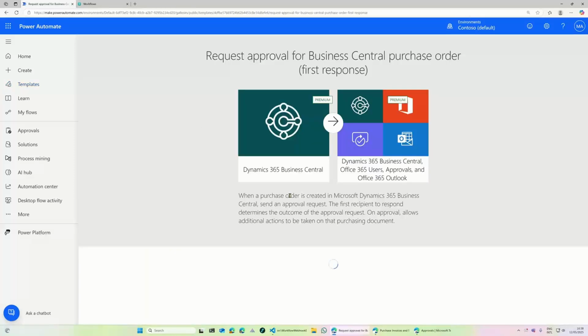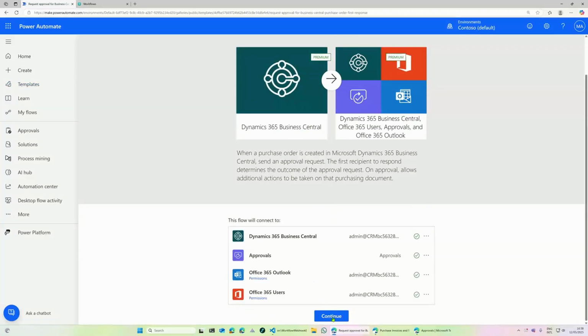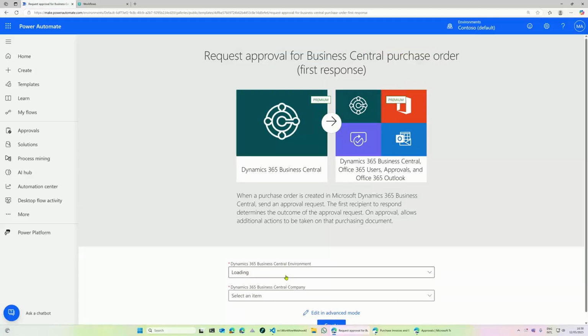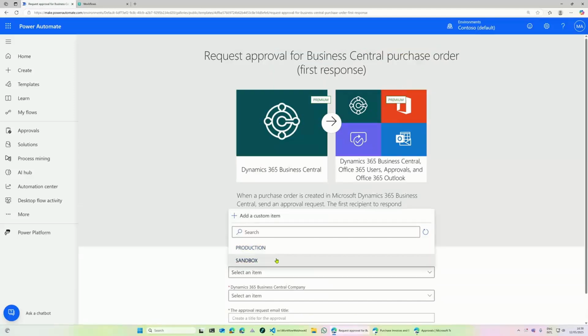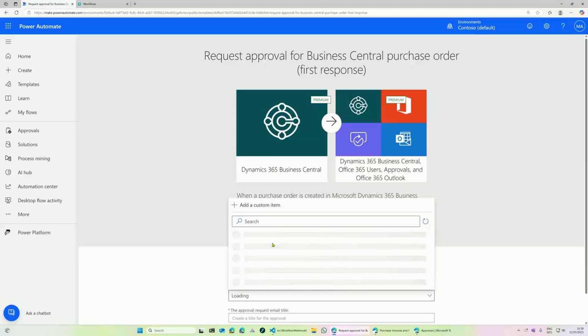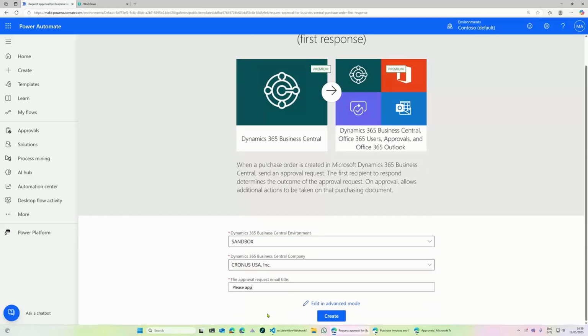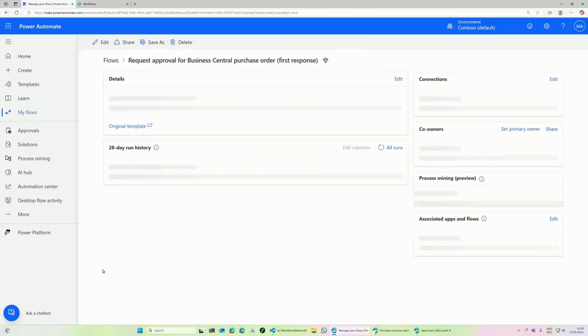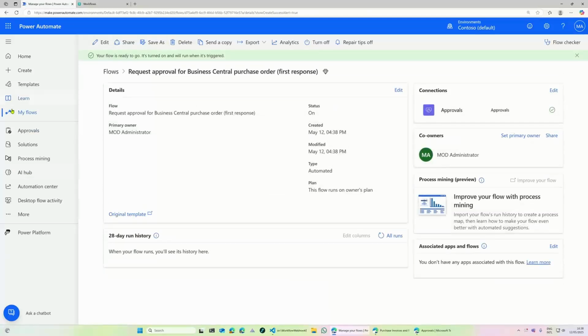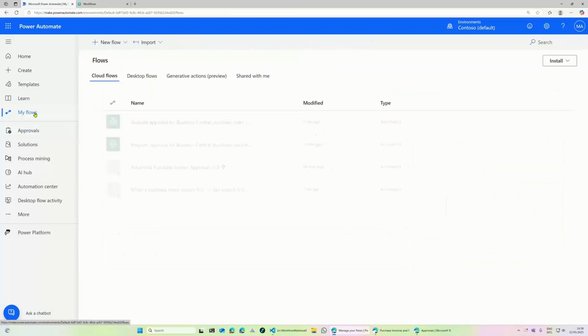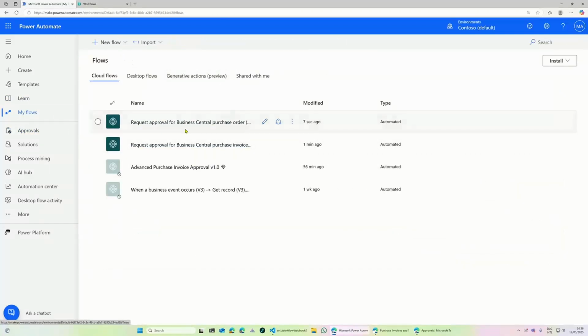I'm going to do exactly the same thing as I did before, and continue, choose the sandbox again, and Cronus, and here say, please approve this purchase order, and create it. Okay, so at this point, we have two flows here, one for Business Central purchase order and one for purchase invoice.